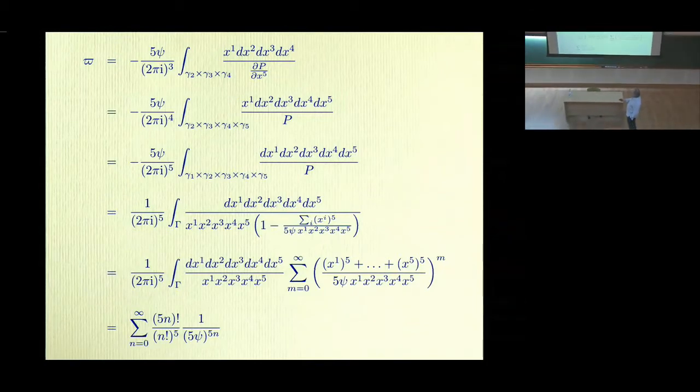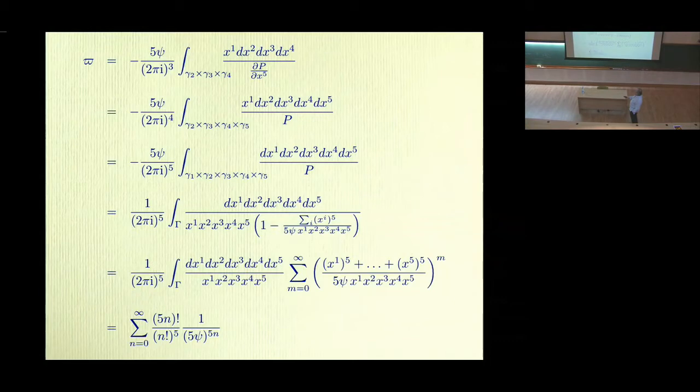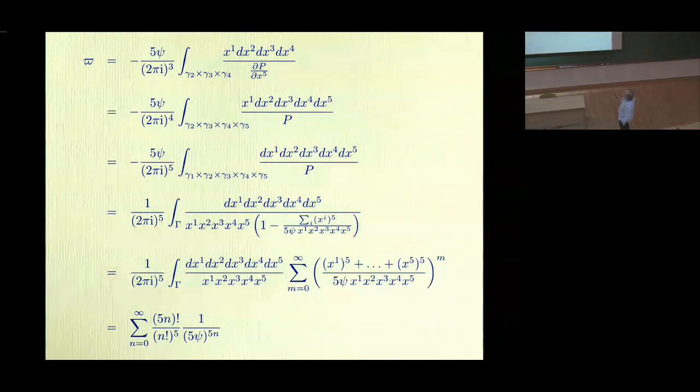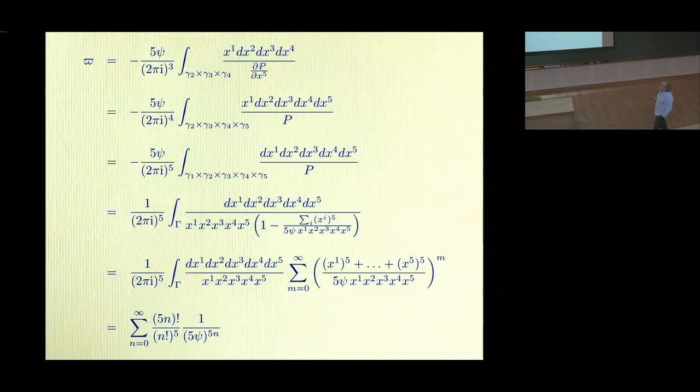Can I use this on the board? I can. It's wonderful. So we're going to compute it for the quintic given by this equation. The omega is defined up to scale, so I put in a scale minus 5 psi here. Here is x1, dx2, dx3, dx4, dx over dp, dx5. This is our one form. This is our invariant 3 form here.